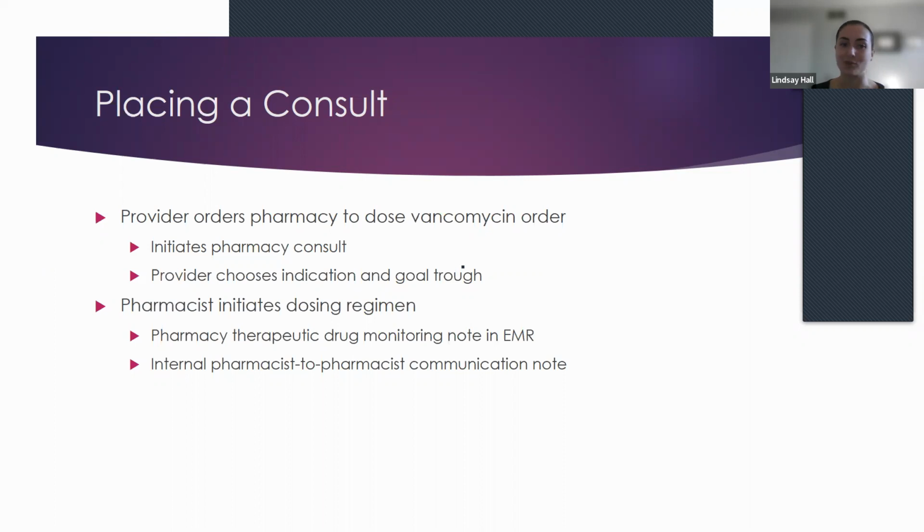They really trust us, which is nice. So as soon as we get that consult, we'll start dosing. So we will order dosing, which we'll go through in the example. But then to increase that communication, we do have a service where I can essentially text the provider through this program that we have,